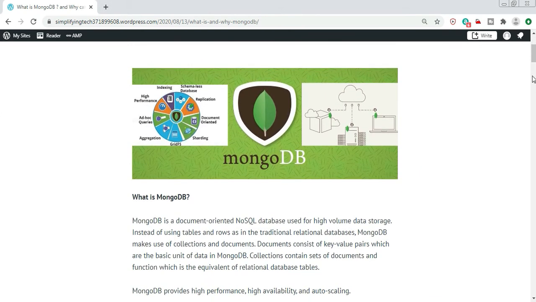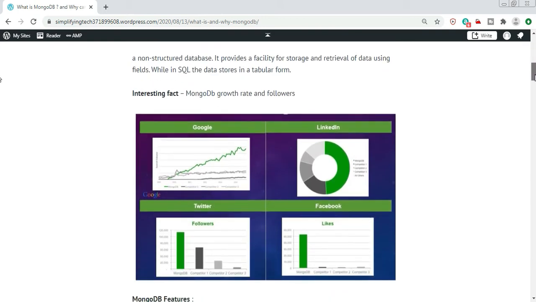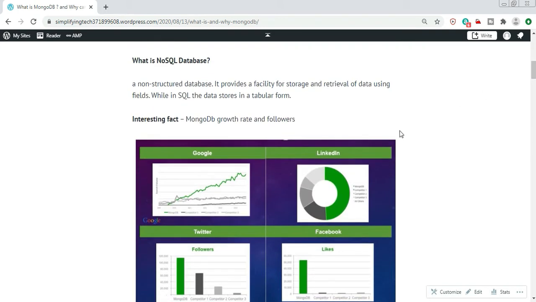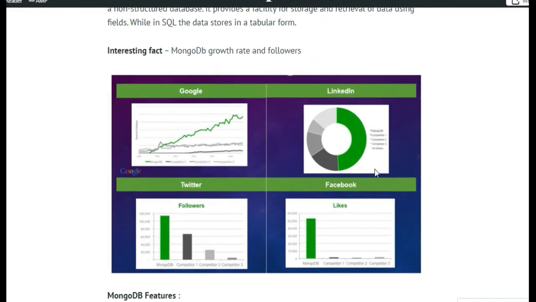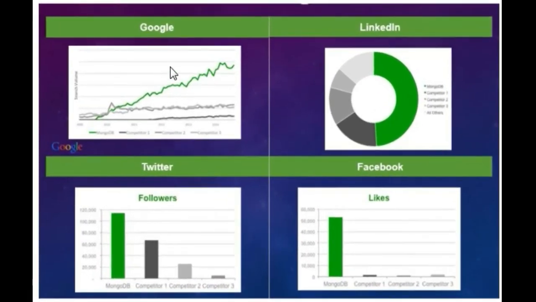Let's see one interesting example to check the popularity of MongoDB. As you can see on the screen, MongoDB's growth rate is explained for these social networking websites. For Google, the most searched database is MongoDB.